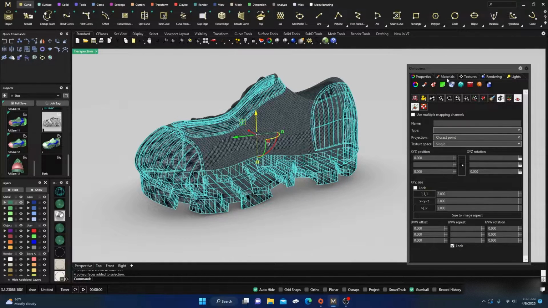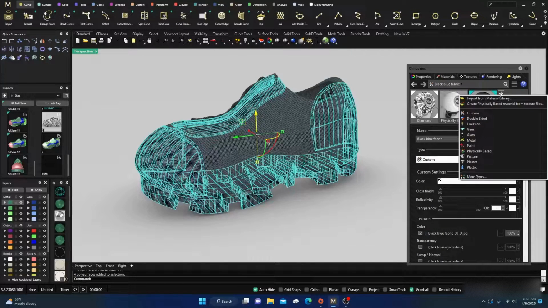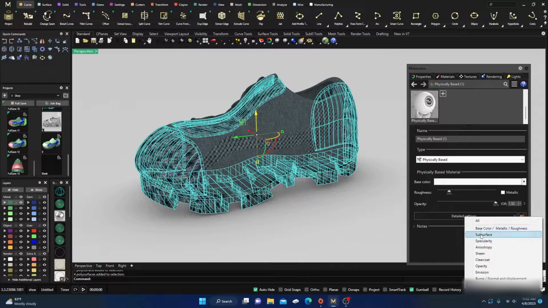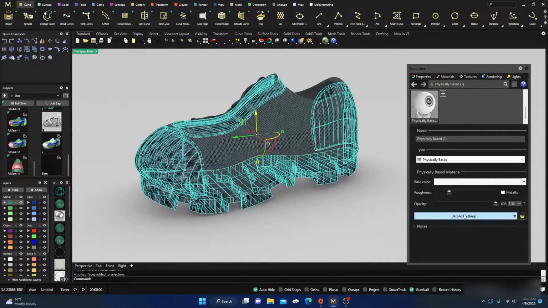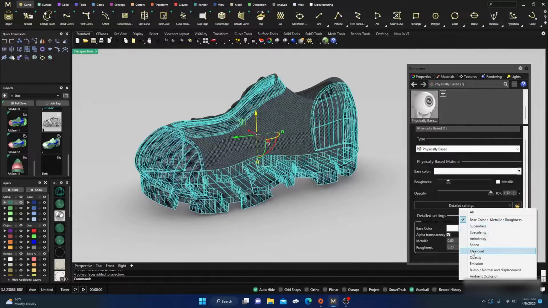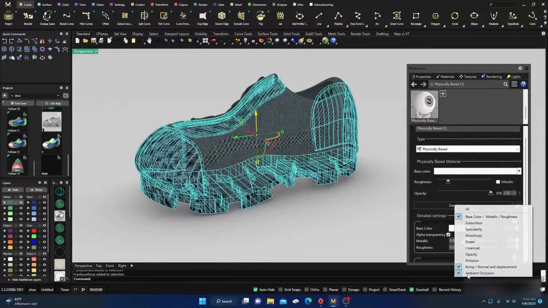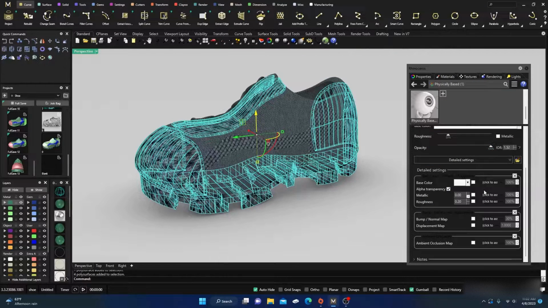So what I'm going to do is go to materials. I'm going to click on this icon or add, right? And then this time I'm going to do a physical based. And I'm going to add some things here. I'm going to add base, and I'm going to add bump, and just in case, ambient. All right. And then right away, I'm going to go in here and,